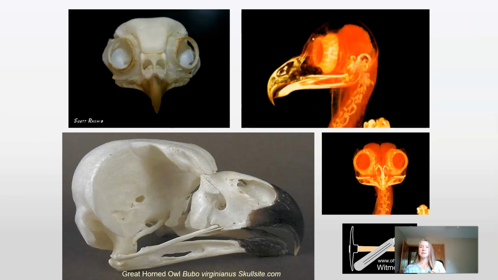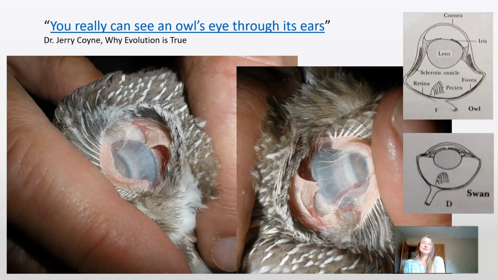So here I just put a couple different owl skulls on here so that you can actually see the eye and the scleral ring around the eye that helps support it. Here the scleral ring is gone. Again, this is just to drive home this point of what a large space in the skull eyes make up. Owls take it to the extreme, but in general, birds have a large portion of their head being taken up by their eyes.